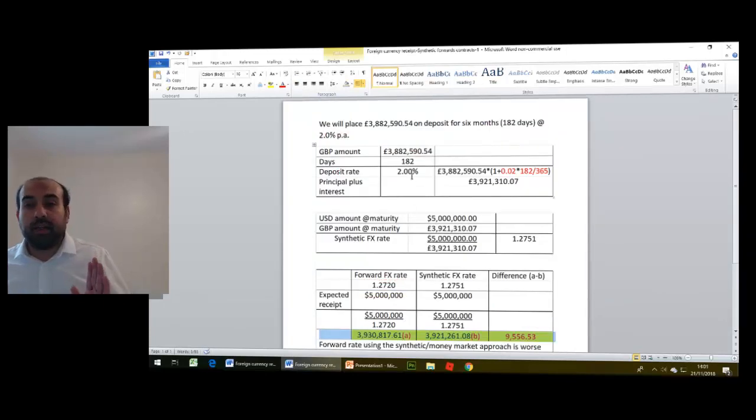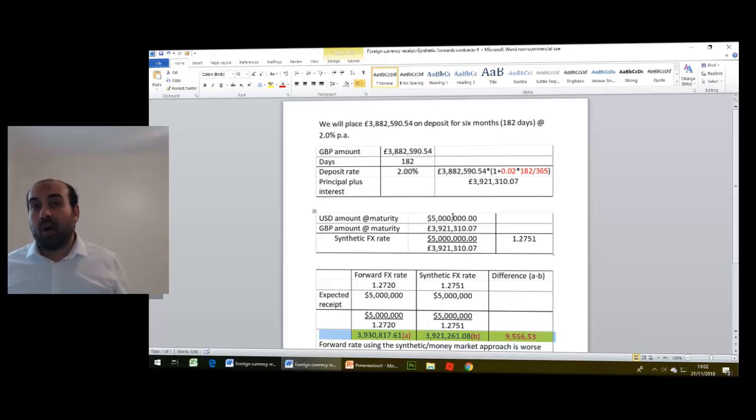Now you can see the amount. GBP principal is 3,882,590.54. We will multiply it by 1 plus 0.02 multiplied by number of days 182 divided by 365 to get principal plus interest at maturity. Amount is 3,921,310.07. US dollar receipt is 5 million. GBP amount at maturity is